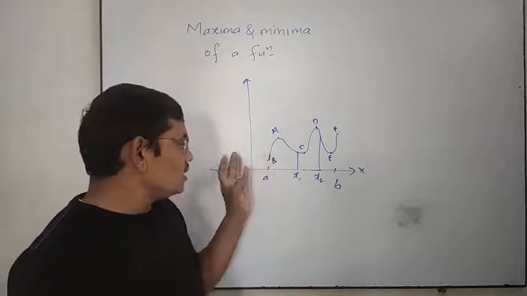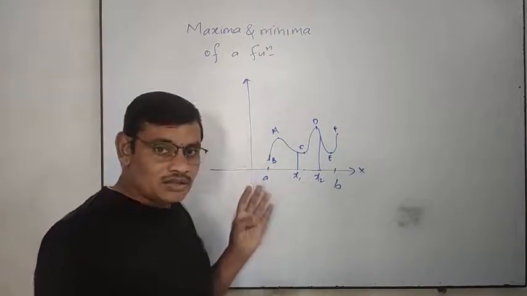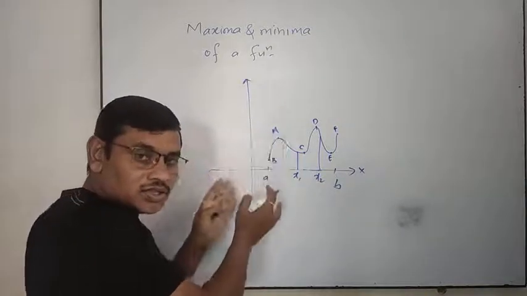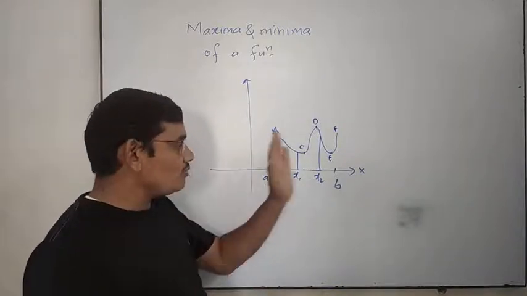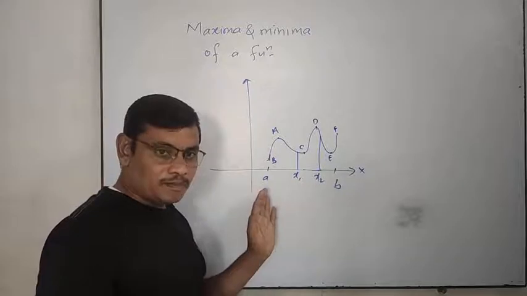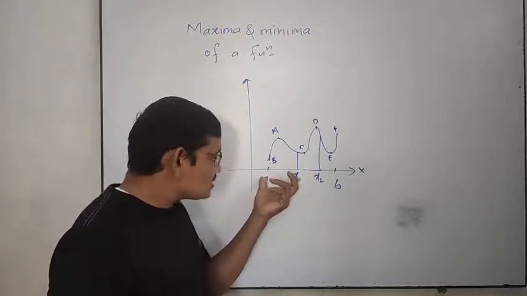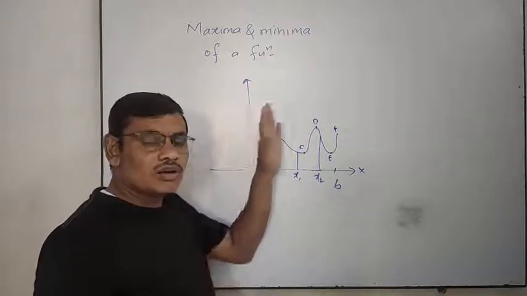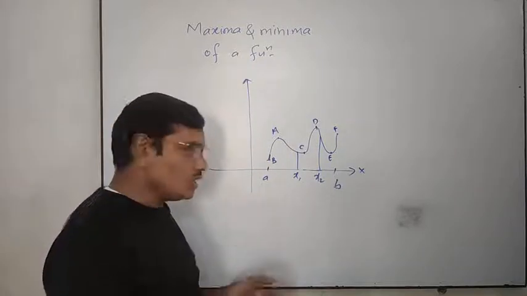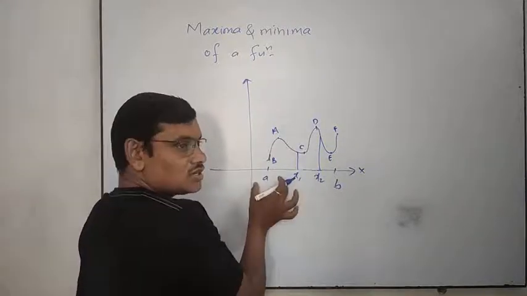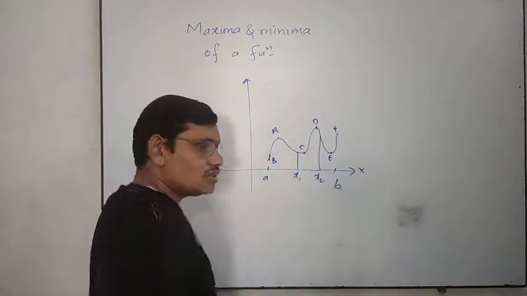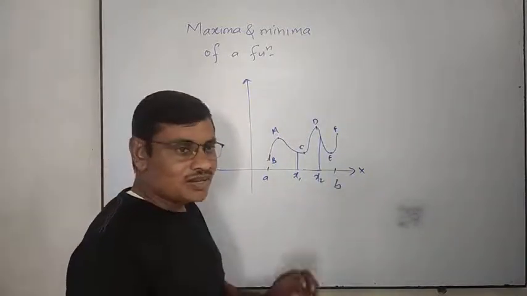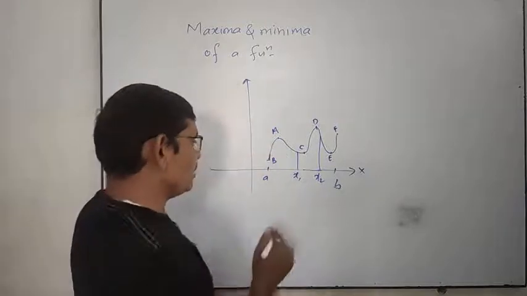Okay. So in this way we see here where the function is minimum and where the function is maximum. So here we get more than one maxima and minima. So these maxima and minima are called local maxima and minima. Means in this interval there is a maxima and minima. In this interval there is another maxima and minima. In this interval there also the maxima and minima. So these are local maxima and minima.